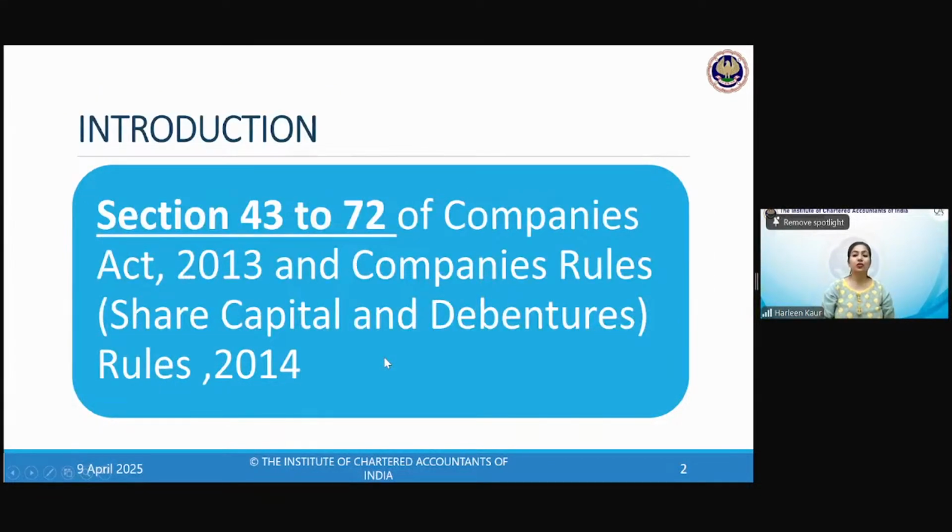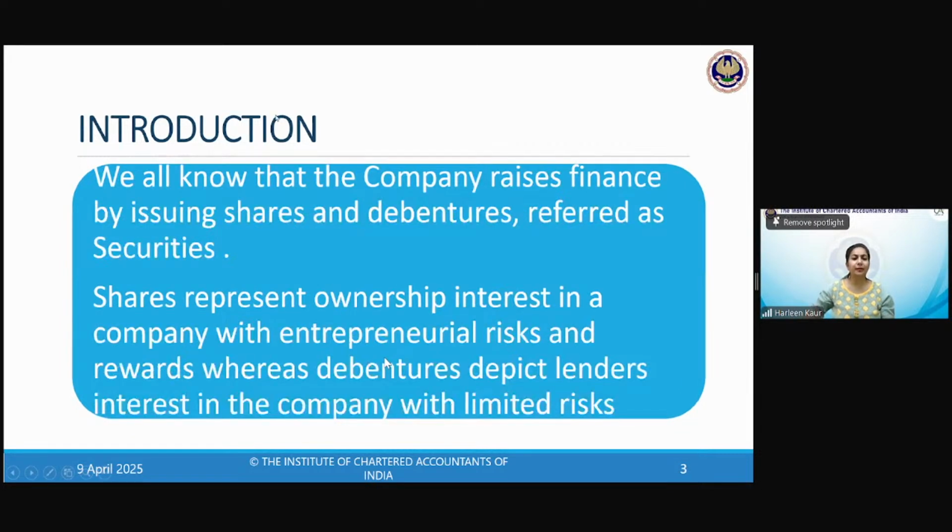So let's have a quick recap. We have started with share capital and debentures in the previous lecture. I told you section 43 till 71, we'll be dealing with shares and share capital. Section 72 exclusively talks about debentures. After that, we have discussed in detail the difference between stock and share was very minute. Quickly tell me, the fully paid up shares together are known as what?